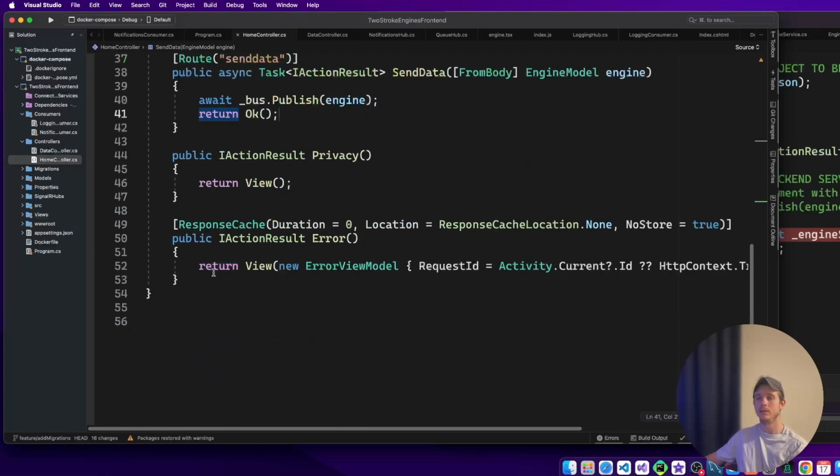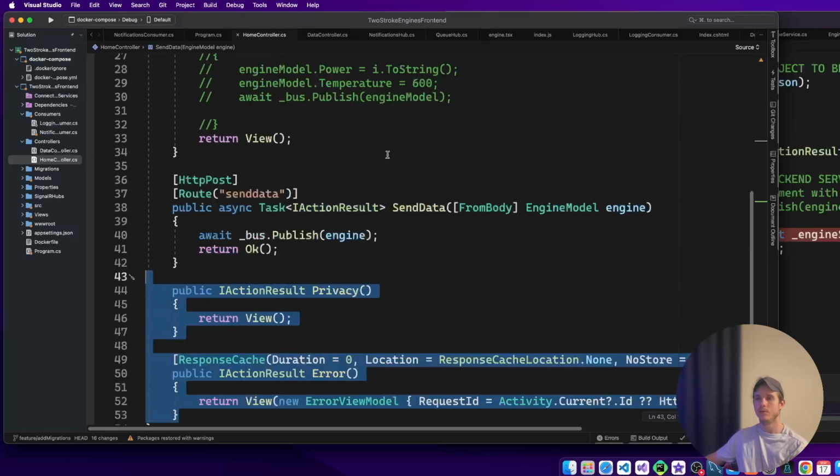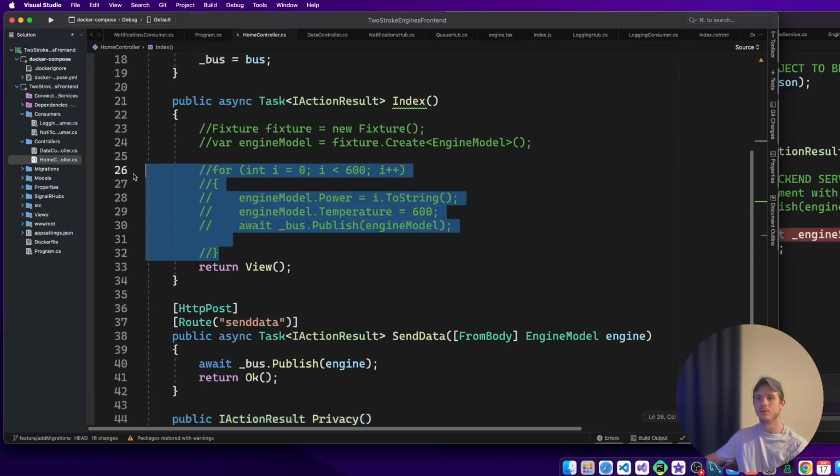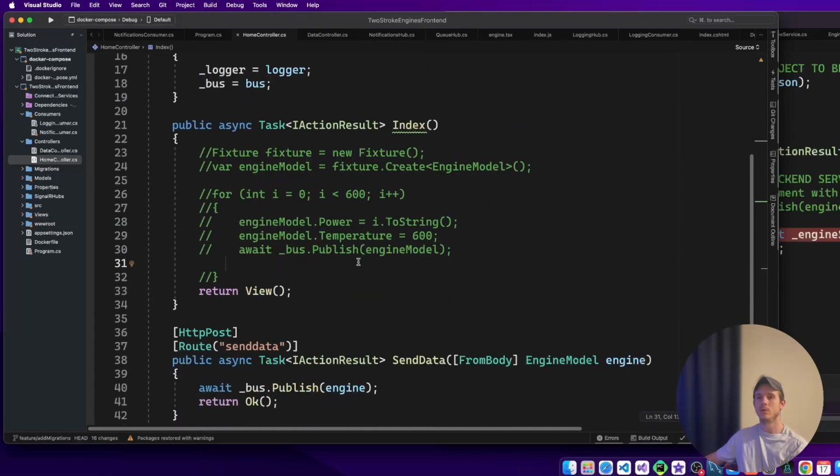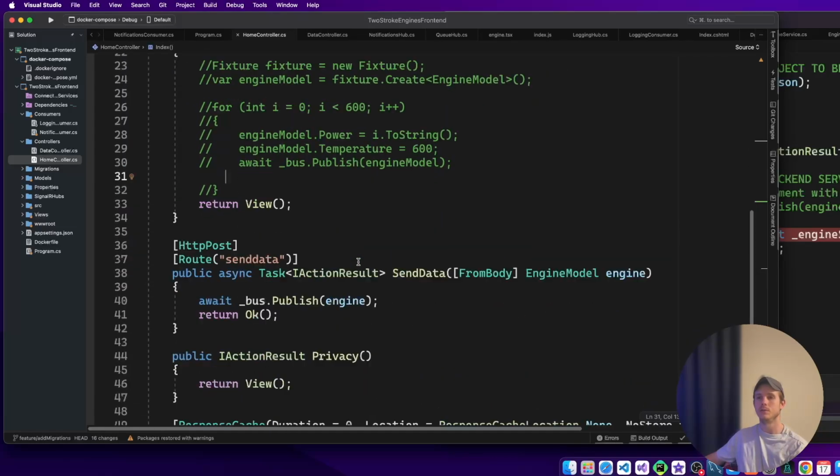Like I could delete both of these. This was literally just for testing. I could delete everything but return view. And that's all I really want this controller to do, is just be my route for this here. So that way, if I want to introduce authorization, I can do that very easily. If I want to introduce any kind of